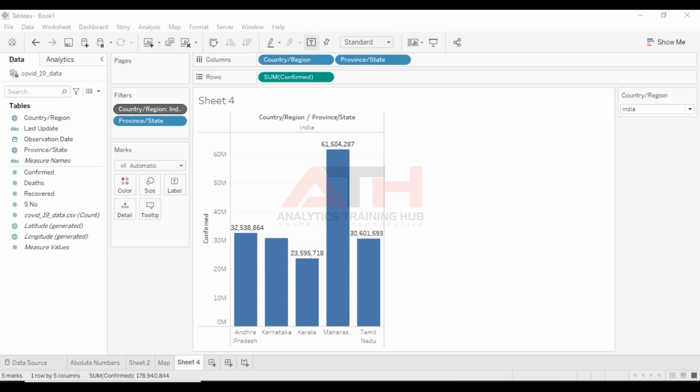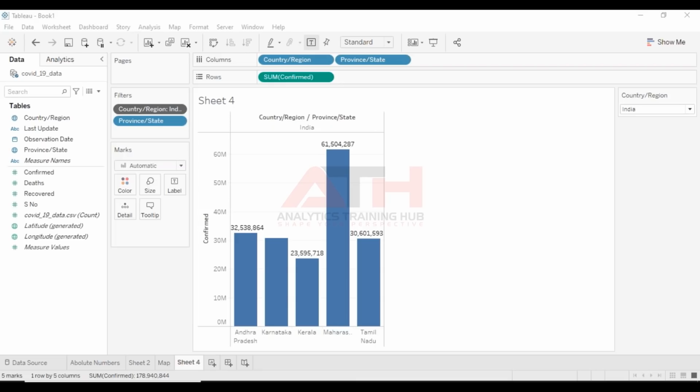Okay, Tamil has one question. Is it possible to create respective Indian states in a separate filter and other countries in another filter so we can compare India with other countries? Yes, Tamil, it is very well possible to do that. We can do it similarly for the other countries as well, and then we can do the comparison. Again, we can do this by selecting the other country in the filter, let's say by duplicating this particular sheet. I hope that addresses your question, Tamil.